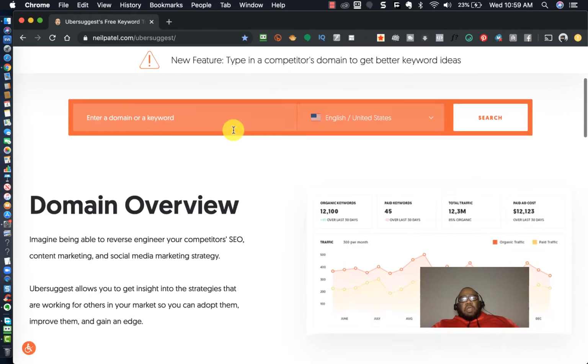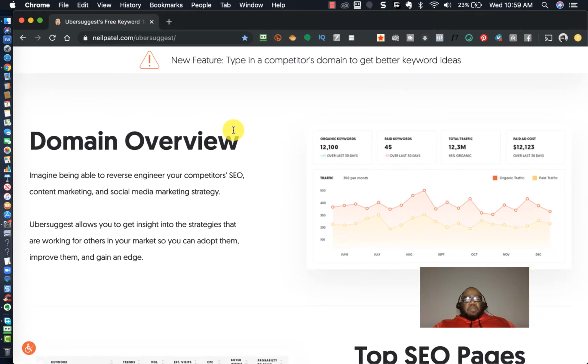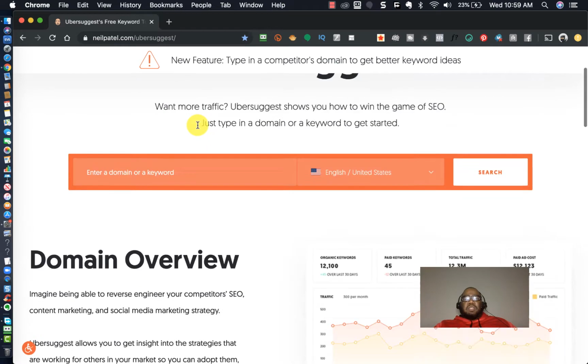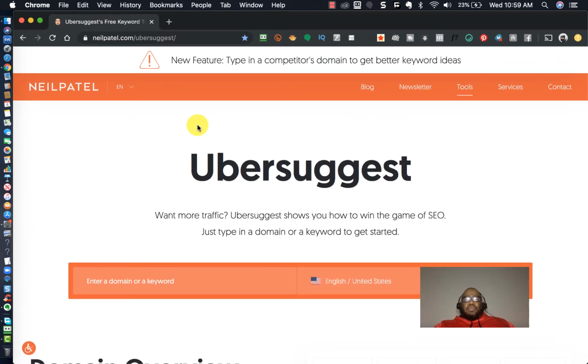Okay. Now, first thing you want to do is determine what you want to create your videos about. Before I continue, it's important that you understand that keyword research is universal. What I mean by that is your keyword research could be used for video creation just as well as it could be used for blog creation, and it can be used for podcast creation.